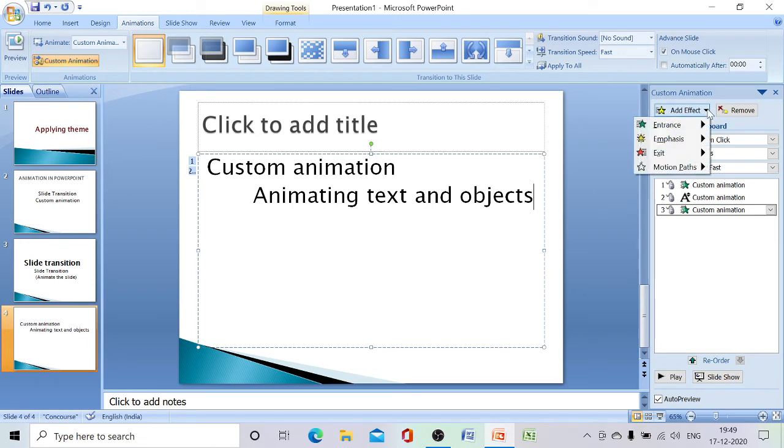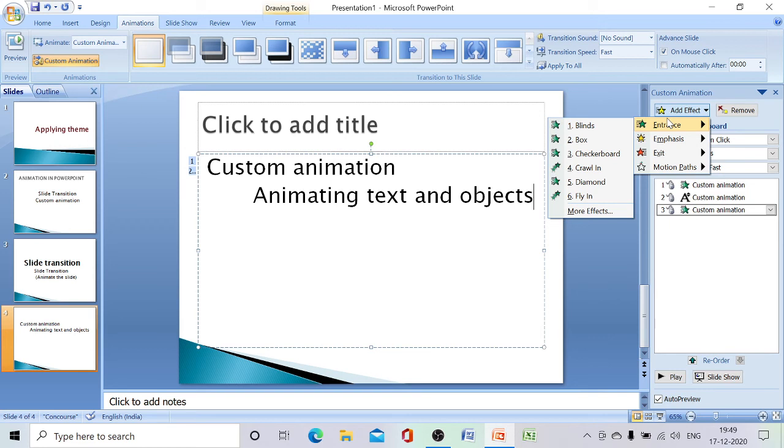Under this add effect we can see entrance, emphasis, exit and motion path. Entrance is nothing but if you want to make the object enter the slideshow presentation with an effect, click entrance and choose the effect. Then emphasis is if you want to add an effect on the object that is on the slide, we have to click on emphasis. Third one, exit.